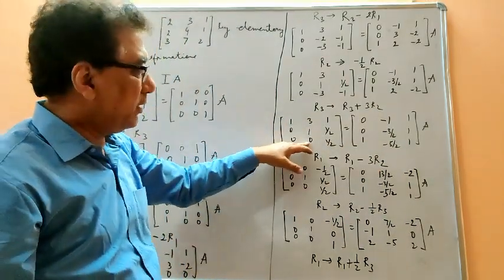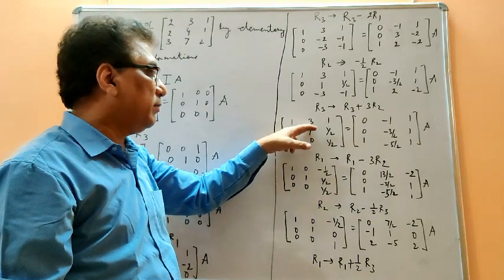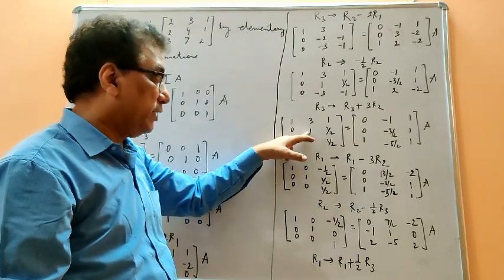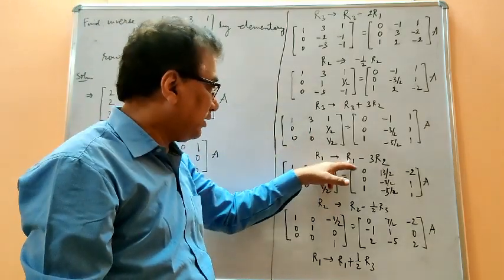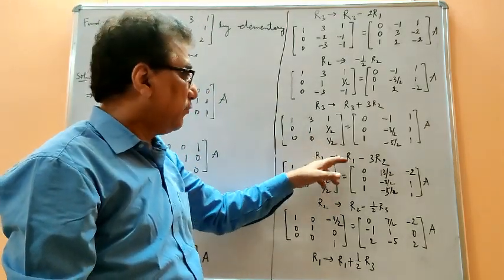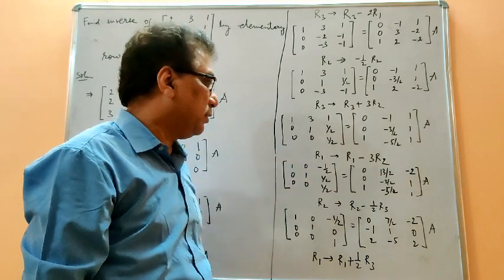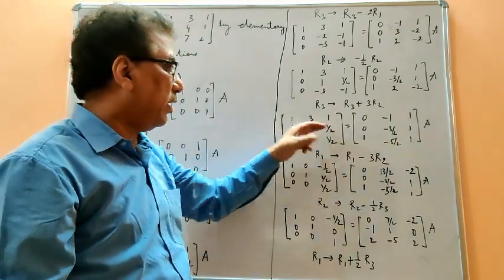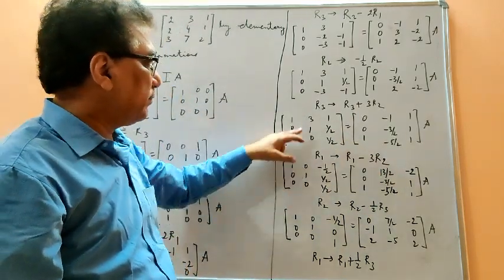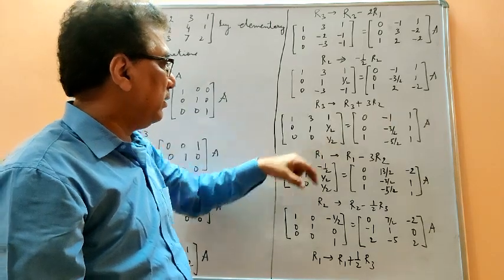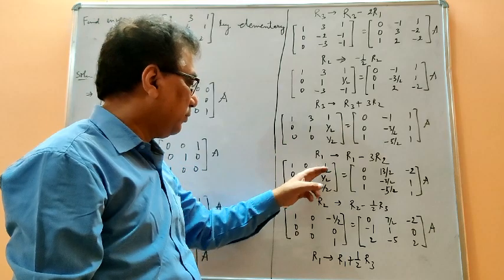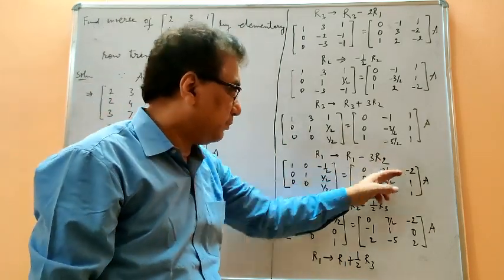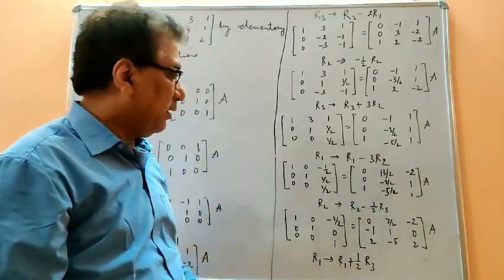The next step tells you that you have to make this element 0 using A22. That's why I have done the operation in R1. And what is the nature of that operation? From the elements of R1 we are subtracting 3 times the elements of R2. That's why we are getting 3 minus 3, 0, and then 1 minus 3 by 2, that gives you minus 1 by 2, and similarly the same thing here.